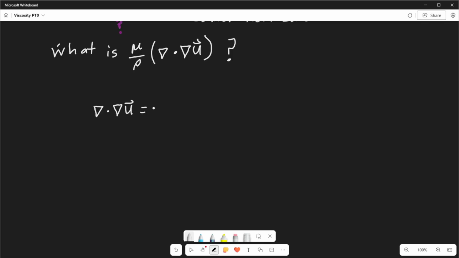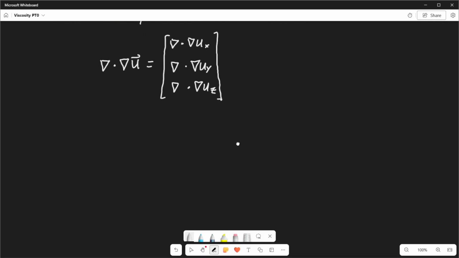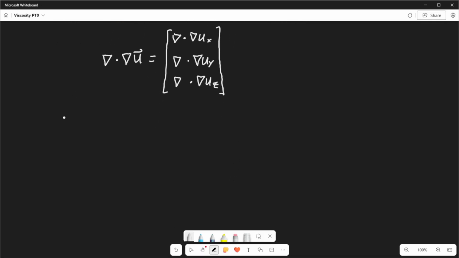This thing written out looks like this, which is the divergence of the gradient of ux, the divergence of the gradient of uy, and the divergence of the gradient of uz. So it's actually just the Laplacian of each of these components of u. Writing this out further for each component,